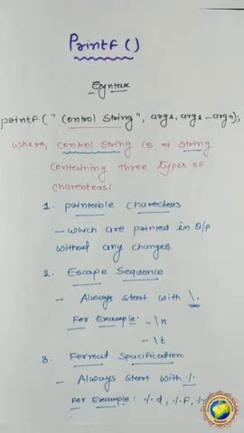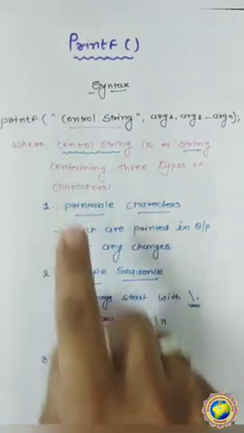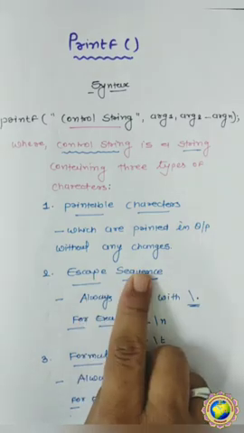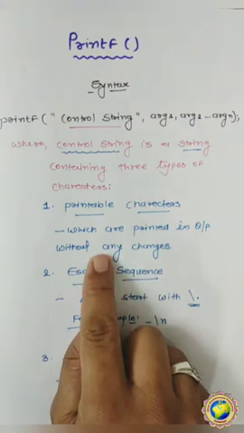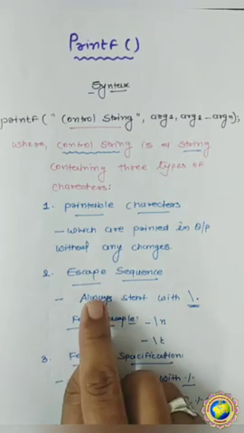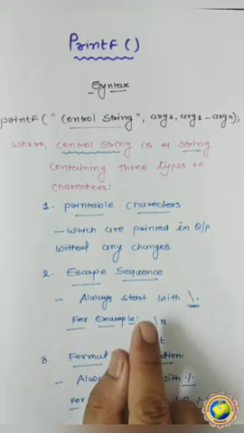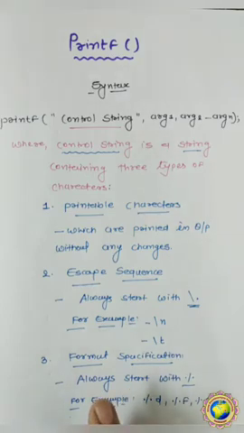Here we talked about the control string, and the control string contains three types of characters. The first one is a printable character, the second one is the escape sequence, and the third one is a format specification. Printable character means કે જે તમારે મેસેજ પ્રિન્ટ કરાવડાવો છે એ. The second one is the escape sequence, which is used to format the particular output, that is \n for a new line, \t for a tab. And the third one is the format specification, which starts with the percentage.